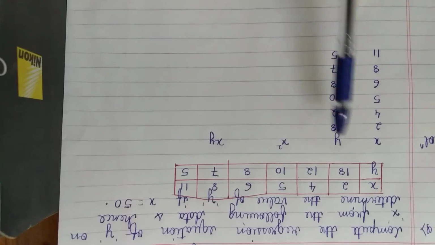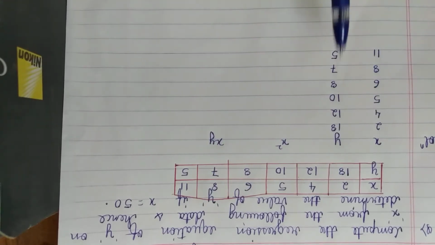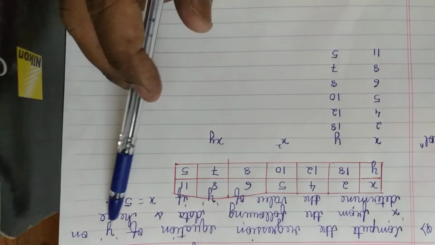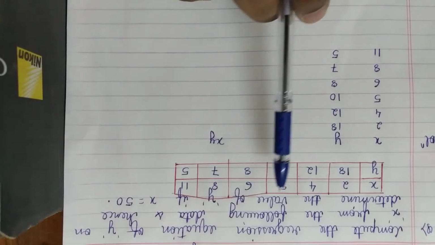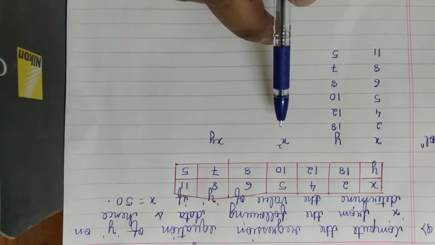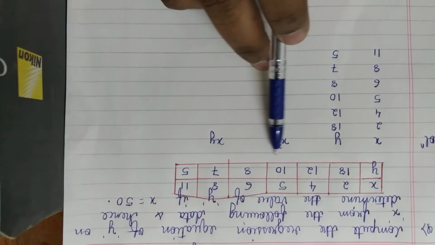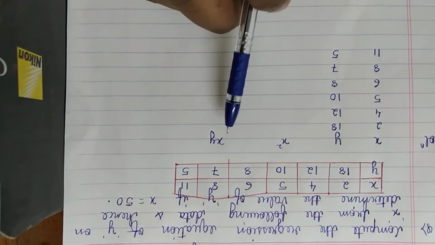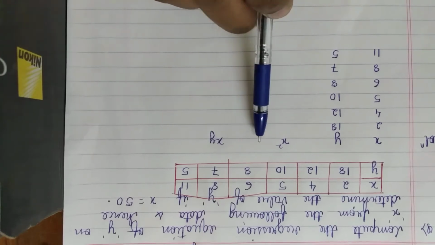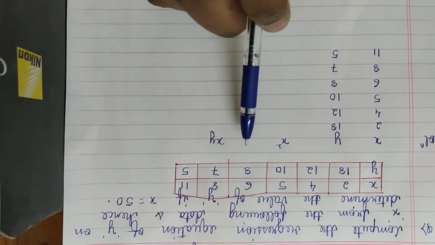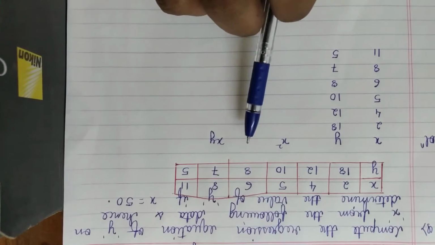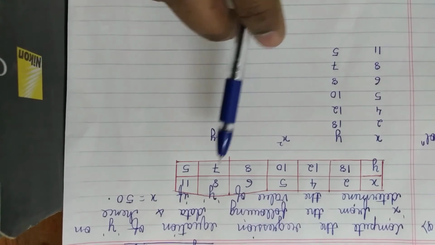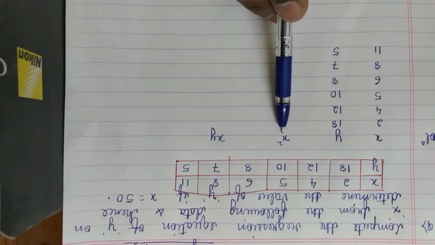So what I've done is I've written the entire question in vertical format. Now in this problem they have asked us only, as I've told you, a regression equation of y on x. So whenever regression equation of y on x is asked, only x square is to be found out. If they would have asked us both regression equations, y on x as well as x on y, then y square also I would have found out. But here there's no need to find out y square. If you want you can find out, but that is not needed for our calculation. Here only y on x is asked, so x square I'm taking.